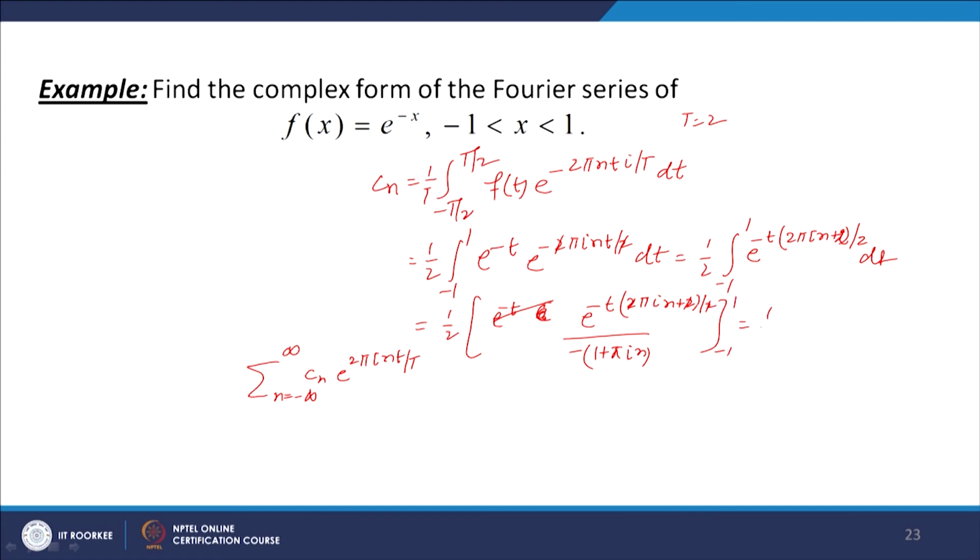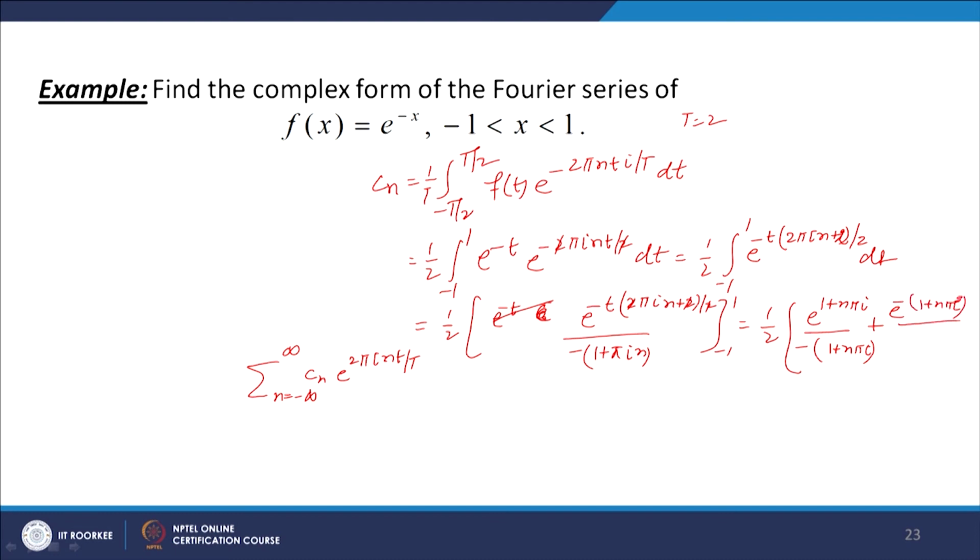So, this is 1 by 2. Okay. When we put the limits, we get e to the power (1 plus n π i) over minus (1 plus n π i), and then we get plus e to the power minus (1 plus n π i)